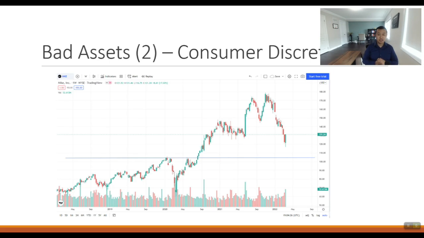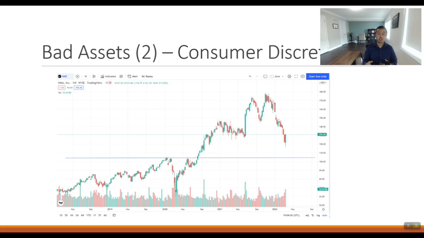This is Nike stock. Nike stock has behaved in this way that the market kind of anticipated this risk factor. So we saw that Nike is going down big time, and I personally think that I will not touch Nike stock with a 10-foot pole right now. I will not buy Nike stock until it goes below the blue line I drew here, which is its pre-2020 high, about $100, $105. Right now it's trading at $131. It's come down a lot from the $180 high, but I will not be touching Nike stock with a 10-foot pole right now due to what I said.